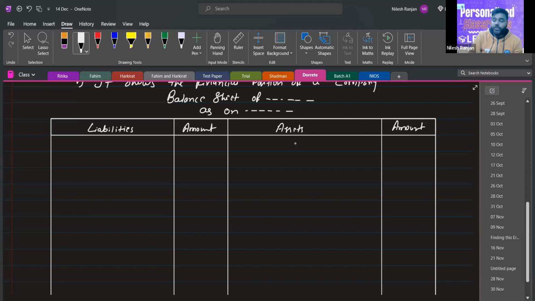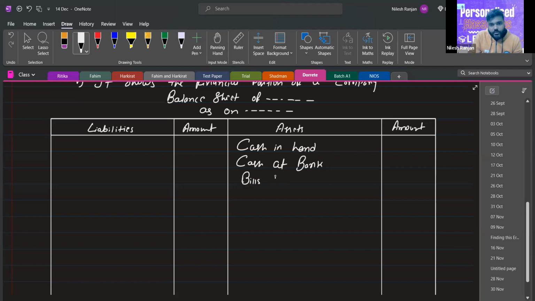So the most liquid item is cash, or you can say cash in hand. Again, the next item is cash at bank. These are the most liquid items, because they keep changing hands. After that,